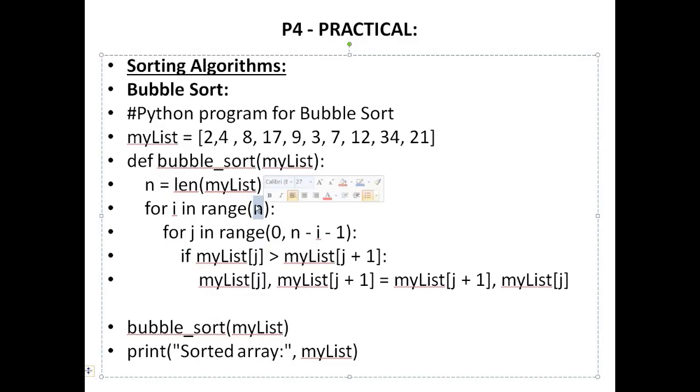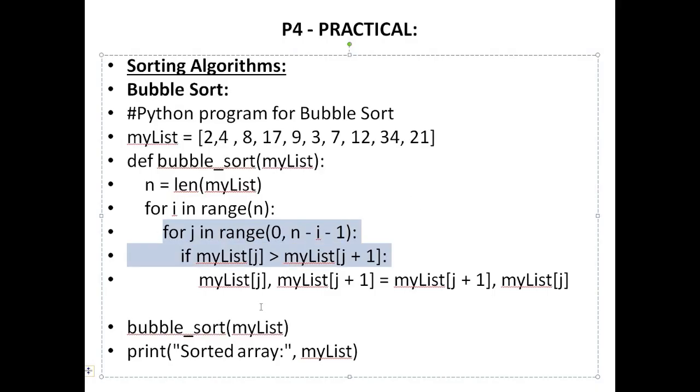So if n is let's say 10, this means run the loop till 10, which actually means, like I told you in my previous video, the loop will run from 0 till 9. And as you know very well from pseudocode, in bubble sort we are supposed to run the loop one less number of times than the total number of elements in the array. Like if there are 4 elements, then we run it from 1 to 3, because every element has to be compared with its next element. So anyways, I'll change it back to n.